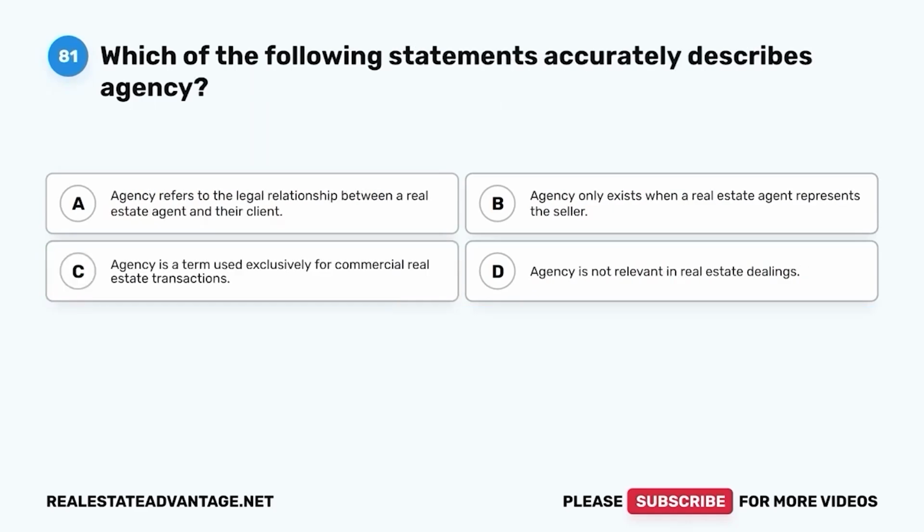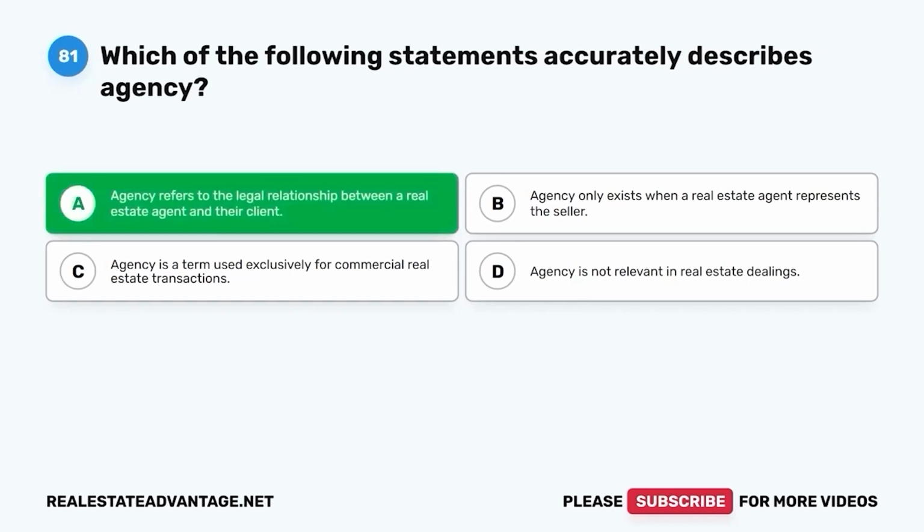Question 81. Which of the following statements accurately describes agency? A. Agency refers to the legal relationship between a real estate agent and their client. B. Agency only exists when a real estate agent represents the seller. C. Agency is a term used exclusively for commercial real estate transactions. D. Agency is not relevant in real estate dealings. The correct answer is